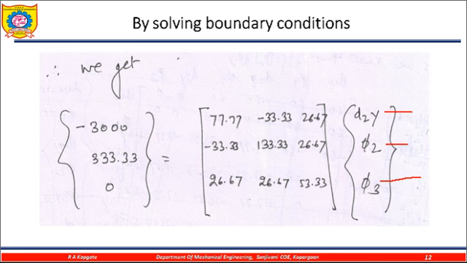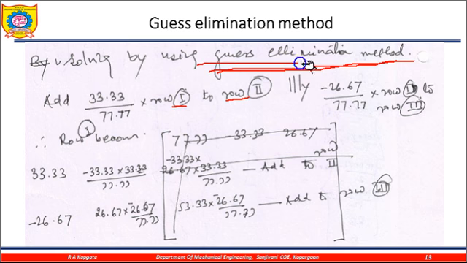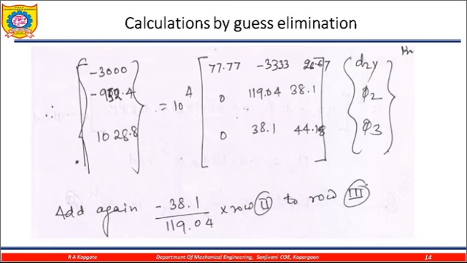So by using an elimination approach, a Gauss elimination method, we are trying to solve the problem. What we have done here is add 33 divided by 77 in row number 1 to row number 2, similarly minus 26 to minus 10 to row number 2 and 3. So we are manipulating this, or we could say using the Gauss elimination method. You need to learn first of all the Gauss elimination method, what it is, and then we would be able to solve this problem in the right way.